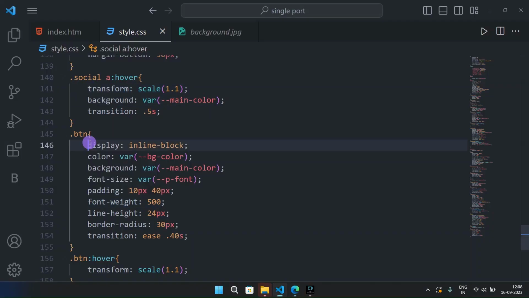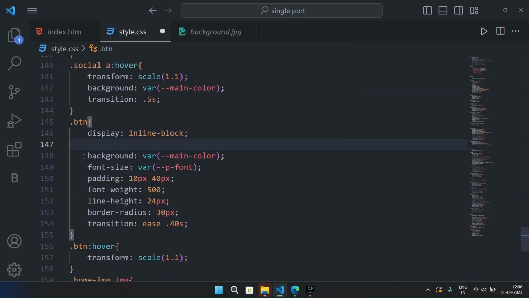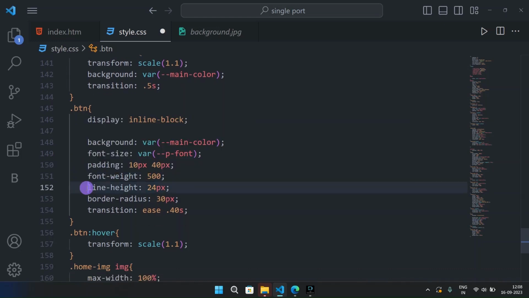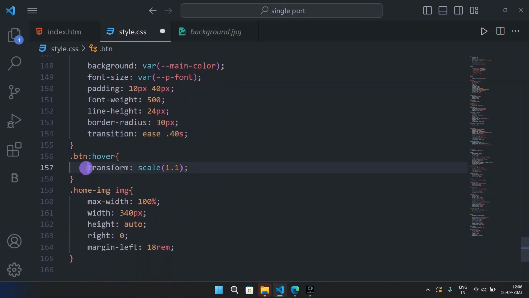So now for our button class we have a display inline block and color with a background, so no need of this, it will automatically take it. So here we have a background image color, then we have padding, then font weight and line height, then a border radius and transition. So here we have a button hover